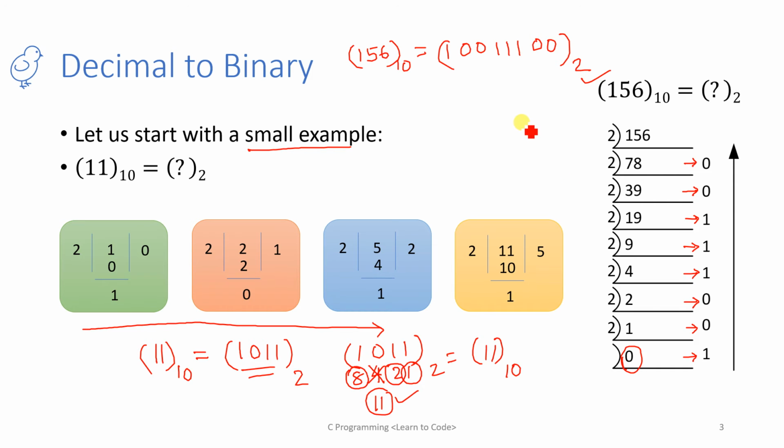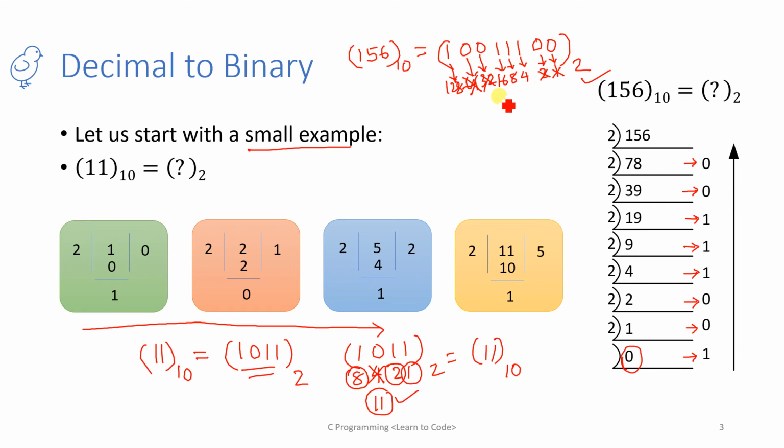Okay. Now let us quickly check if this number is given, whether we will get 156 or not. How to check? We will use our formula. What is the formula? 1, 2, 4, 8, 16, 32, 64, 128. So this is 128, this is 64, this is 32, 16, 8, 4, 2 and 1. Now which values need to be discarded? Under 0. So under 0 is 64. We have to discard 64, we have to discard 32, then we have to discard 2 and we have to discard 1.